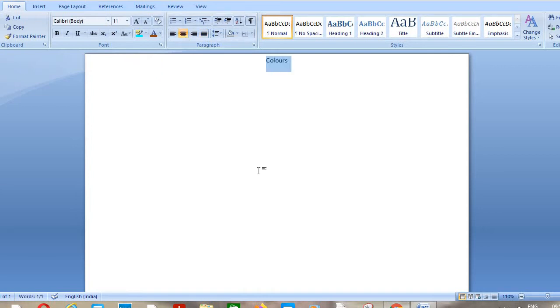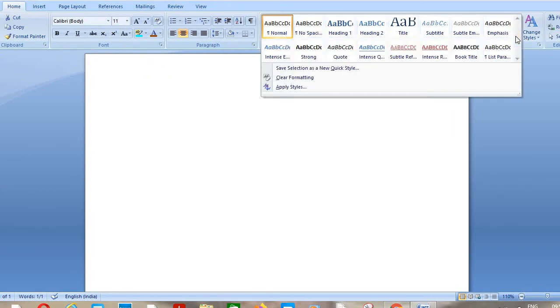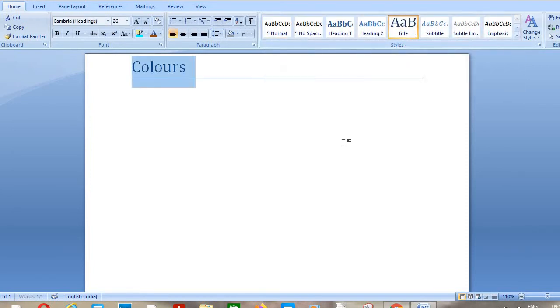Now what we have to do, we want to change color, we want to change size, we want to change font. Font means in which style you want to write. So these are different styles available. If you choose this, these different styles are available. And as we know, we are writing a title here, so we will go with this title. By default it will give you a title. Now we want to keep it in center. Again select and keep it in center.